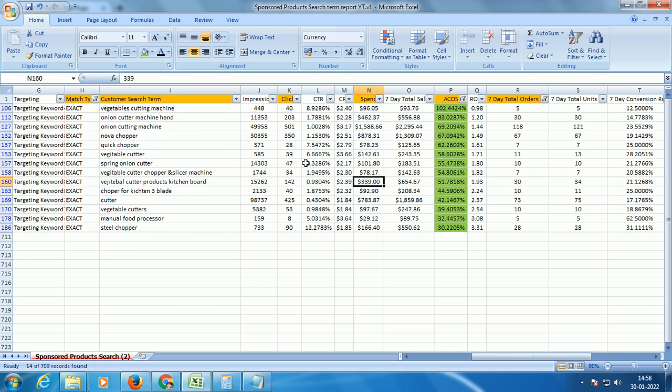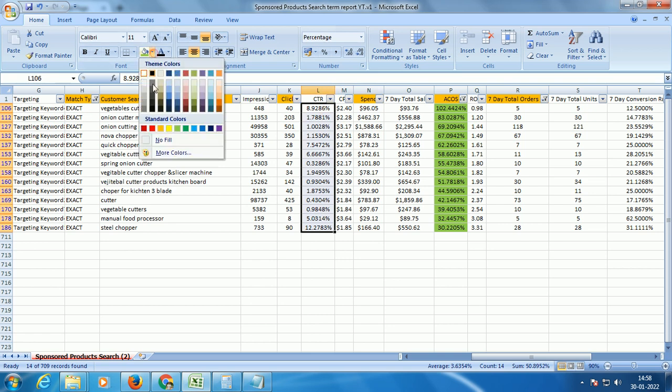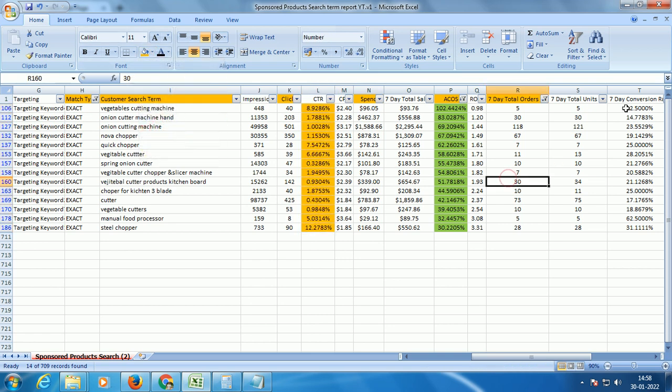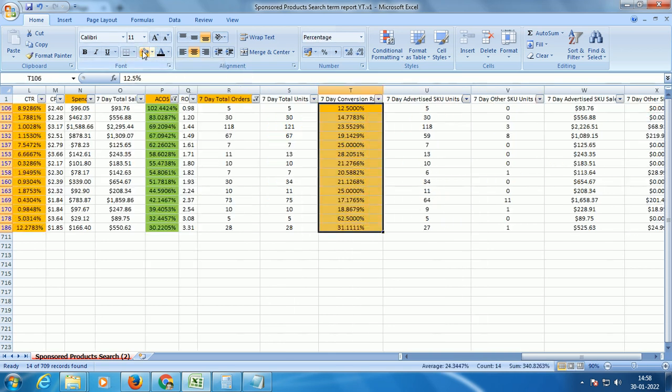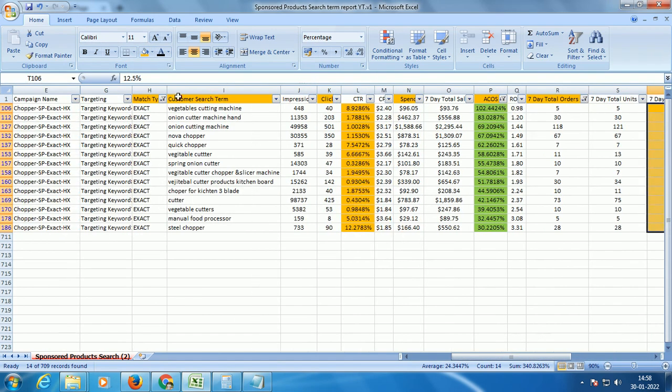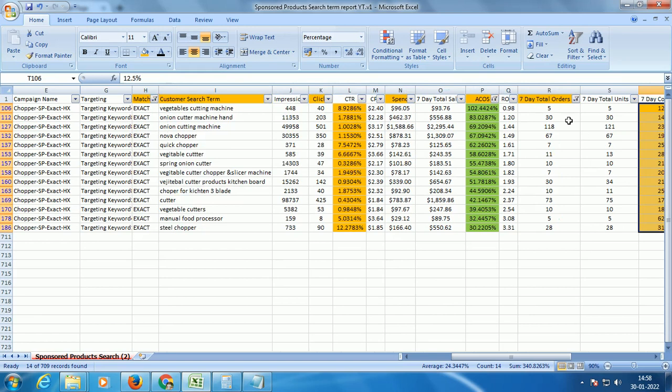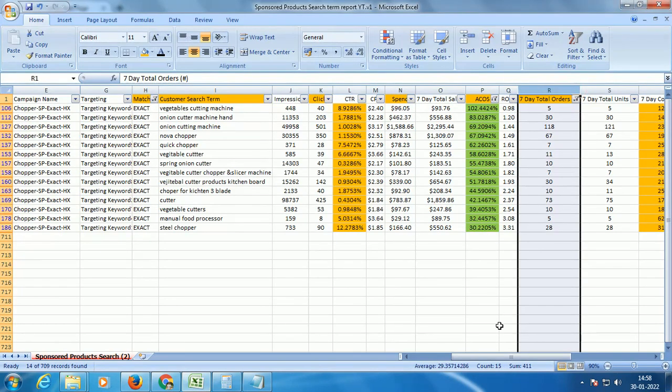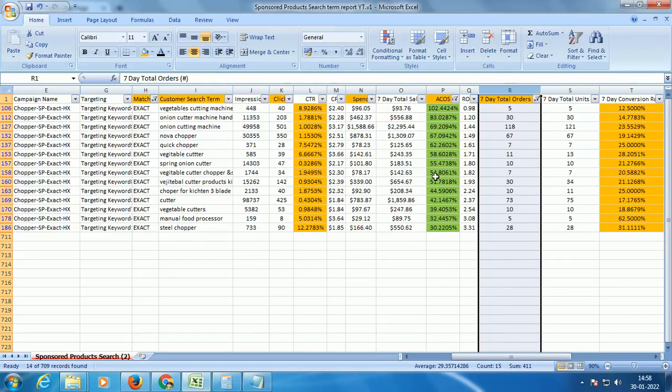What you should be more focused upon is your CTR and your CVR. These two are the fields you should be more concerned about at this stage. Your ACOS and stuff is what you have been working on in your auto campaigns and broad and phrase match campaigns. So you will not worry about your ACOS here. You will be worrying about your click-through rate and your CVRs.